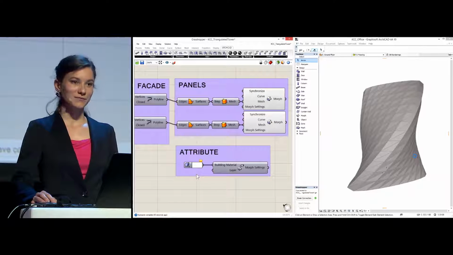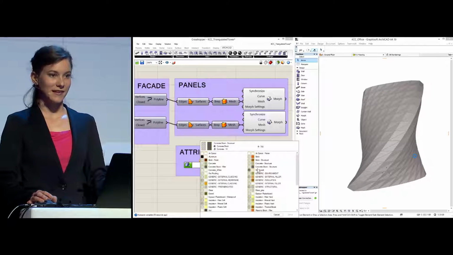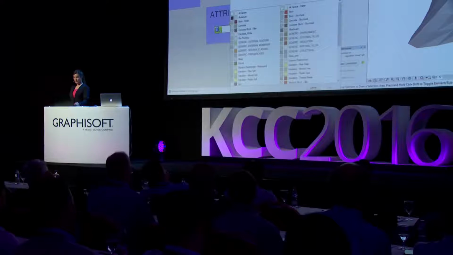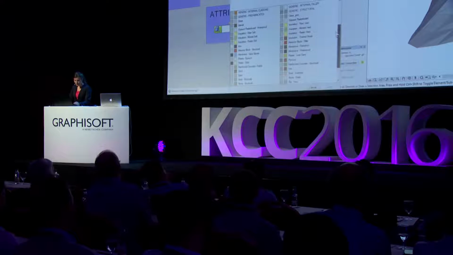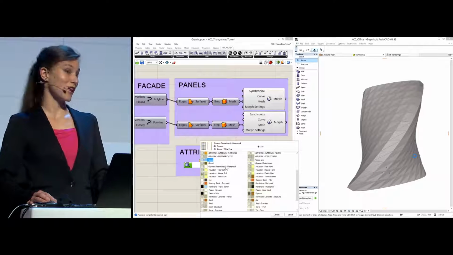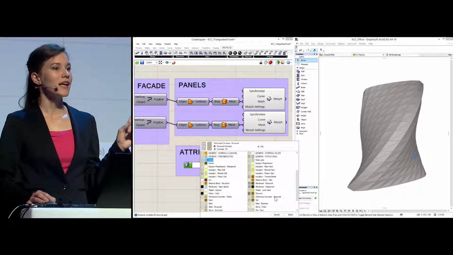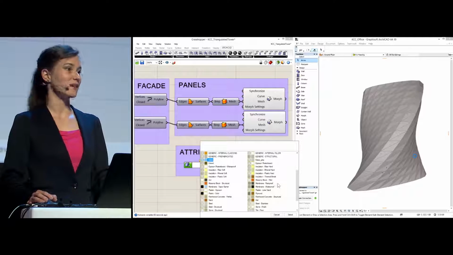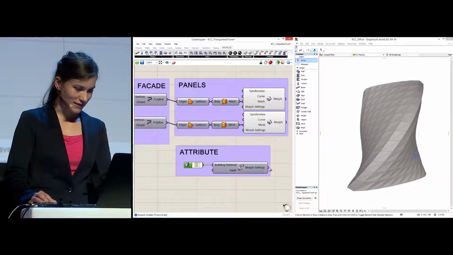See this small box here? It gives access to all of the building material attributes that are currently present in our connected Archicad project. So we only need to browse through the familiar palette and pick the right material. And let's say it should be glass, because we want to have transparent panels. And remember, now we are in the Grasshopper window, and still we have access to project-specific Archicad data. So let's select glass and connect it to the rest of the